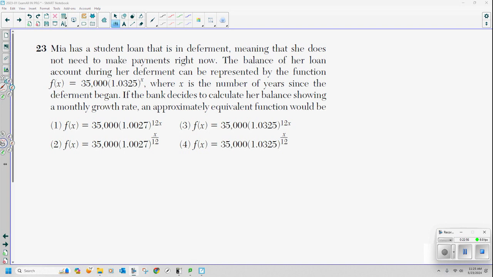All right. 23. Mia has a student loan that is in deferment, meaning that she does not need to make payments right now. The balance of her loan account during her deferment can be represented by the function f of x equals 35,000 times 1.0325 to the x, where x is the number of years since the deferment began. If the bank decides to calculate her balance showing a monthly growth rate, an approximately equivalent function would be,